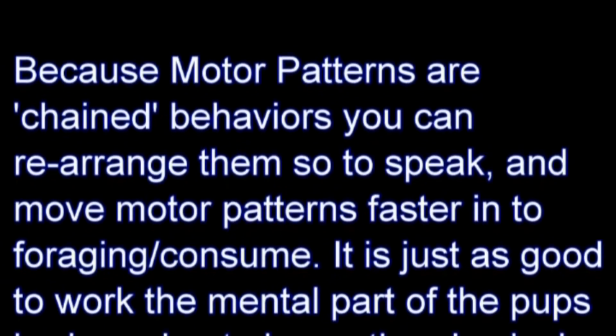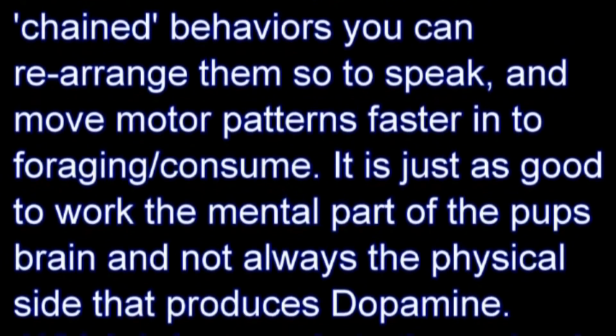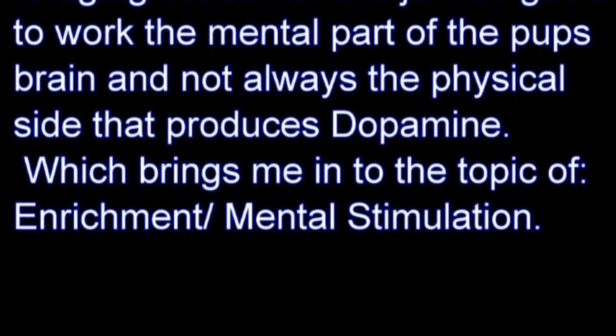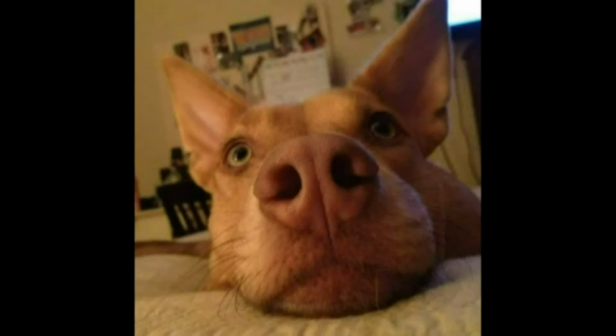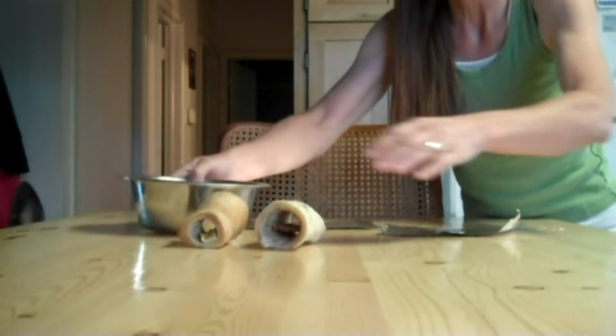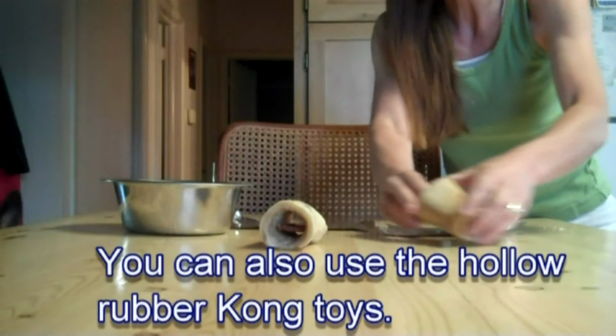Because motor patterns are chained behaviors, you can rearrange them, so to speak, and move motor patterns faster into foraging and consume. It's just as good to work the mental part of your puppy's brain, not always the physical side that produces dopamine. Which brings me to the topic of enrichment and mental stimulation. Dogs have a keen sense of smell, and they love to use their noses. They experience the world through their nose. We also know that dogs are scavengers, so for mental enrichment, what I do is